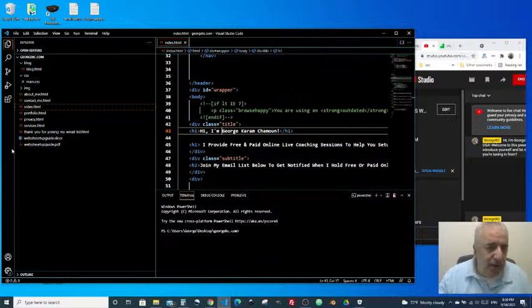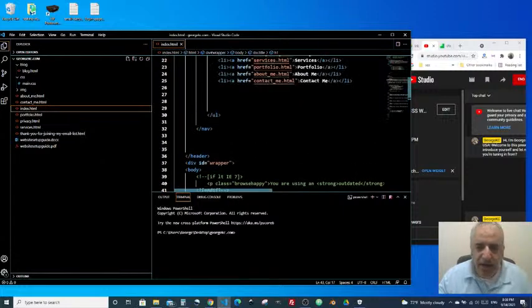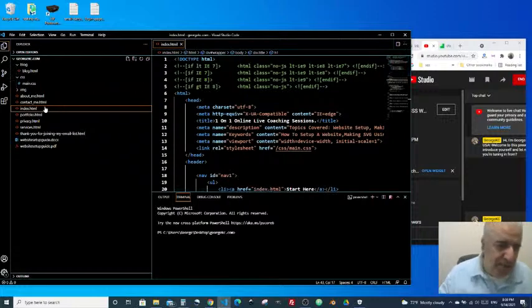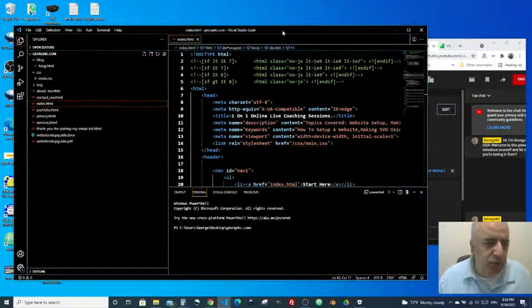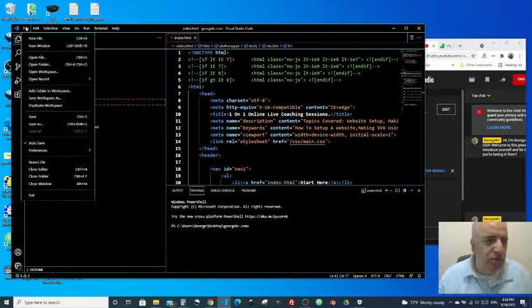So I'm gonna look at the index HTML. It's ready here. Actually, I'm gonna create a new one. I'm gonna create an index 2 for this training. So I go up to File, and I click on a new file,